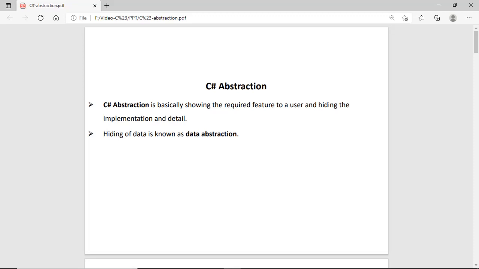In this session we will discuss what C# abstract classes are and how to use those classes. Before that, we will discuss what abstraction is. Abstraction means hiding the important data of an object and exposing the user-friendly or relevant data to the user publicly. This process is called data abstraction.